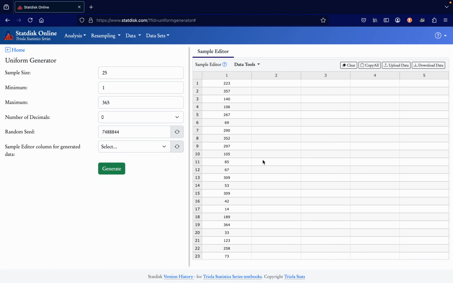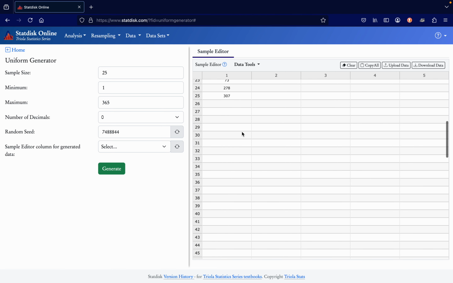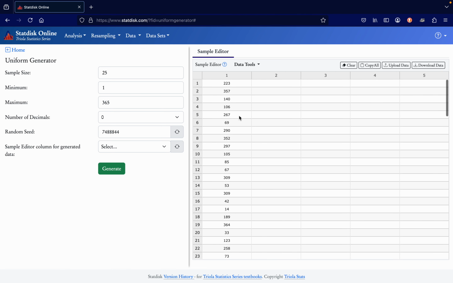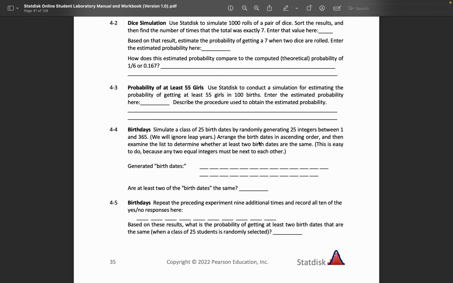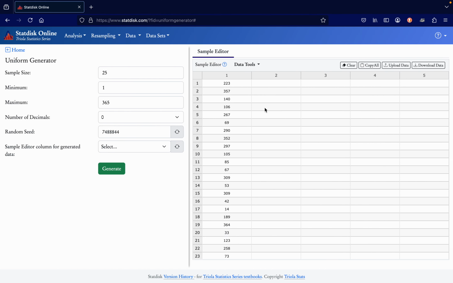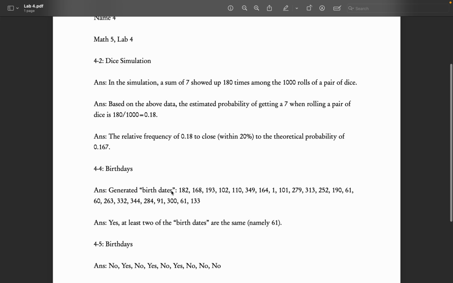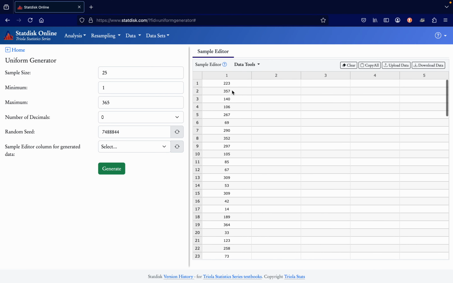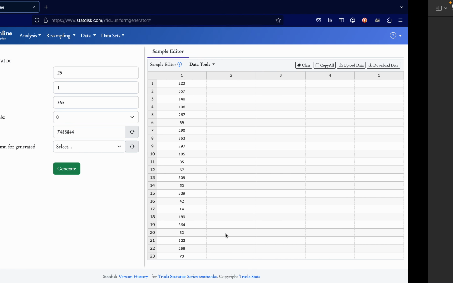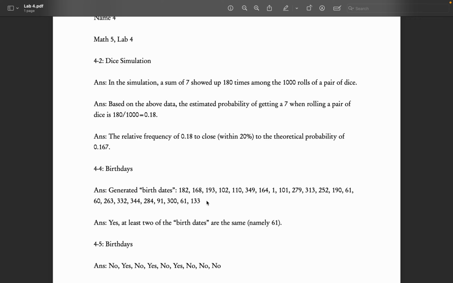So we generate this. Okay. All right, so these are, again, birth dates, right, which correspond to these numbers here. And so then what we'll do is take that data of generated birth dates. And again, I did this earlier. So of course, as this is random data, this is different than what you'll get. But you'll put whatever numbers you get here, and I just cut and pasted into the lab right here.